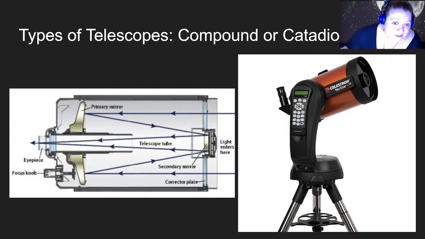But of course, since you have both a mirror and a lens, these types of telescopes tend to be a bit pricier than just a reflecting telescope because you're paying for that lens as well. And I forgot to mention, reflecting telescopes in general tend to be a bit cheaper because it's a lot easier to make mirrors than it is to make nice, clear,